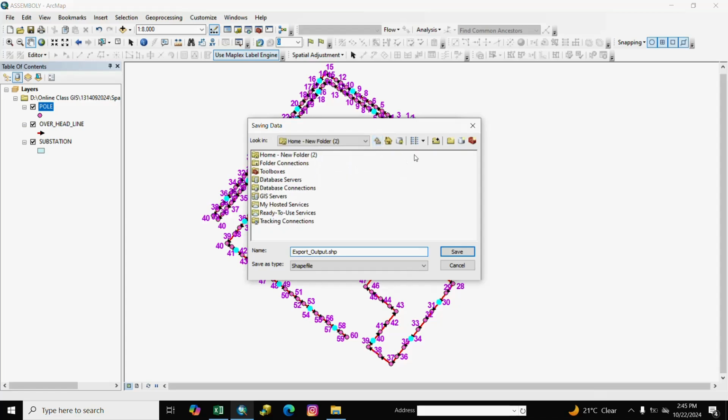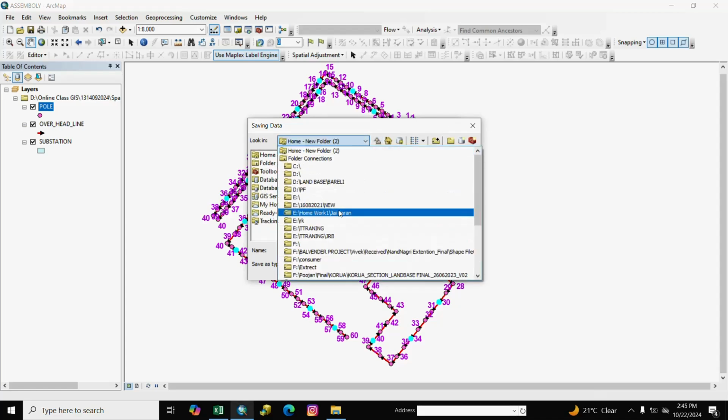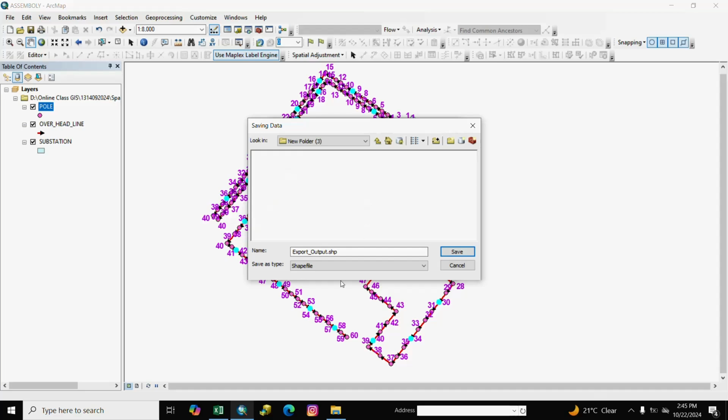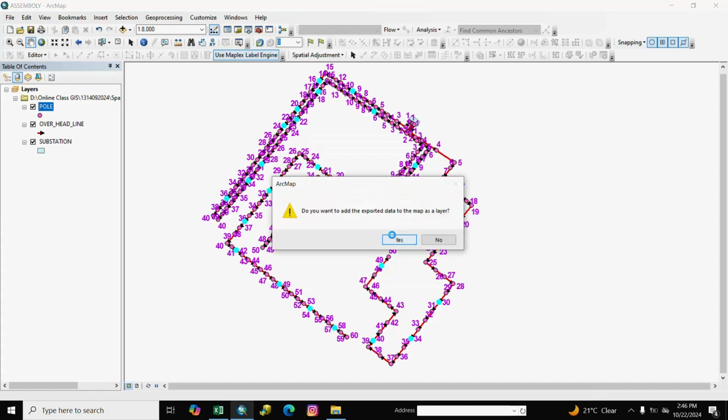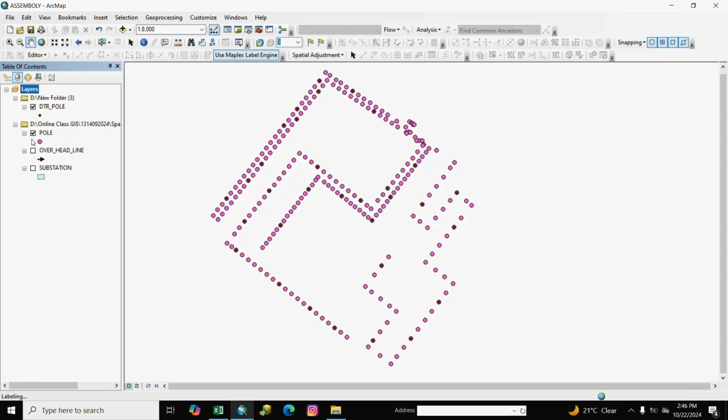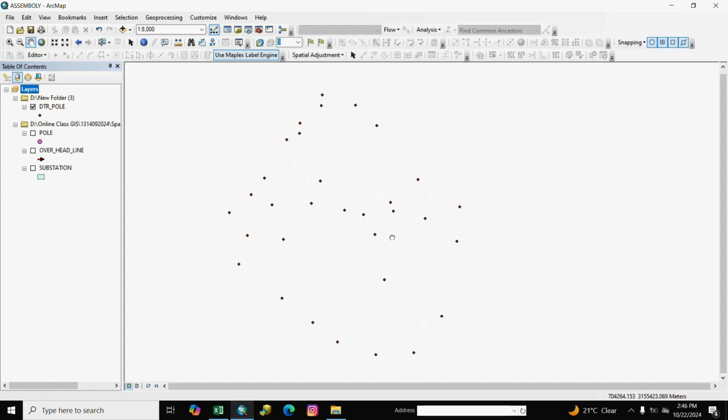And we make a new folder, folder 3, and we name it DTR pole, and save and OK. Here is DTR pole.